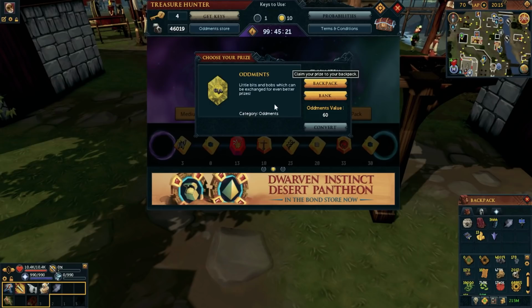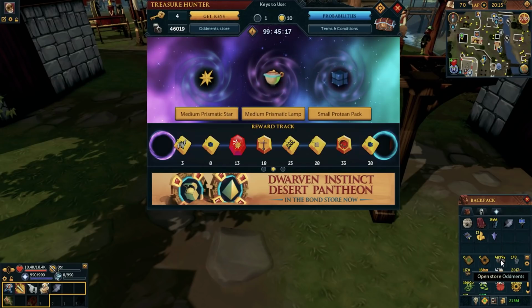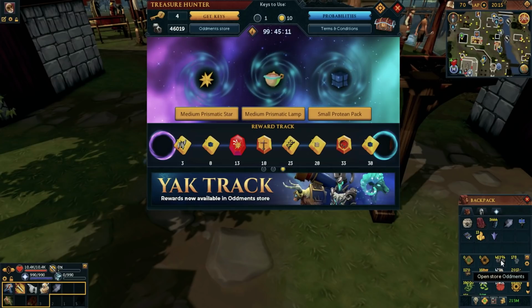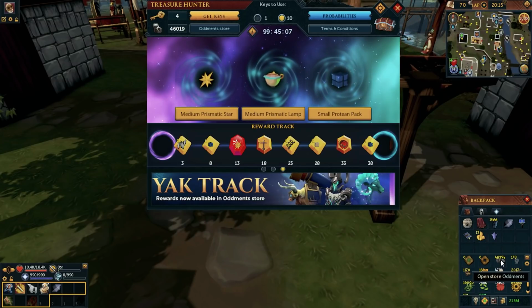So if I go ahead and click backpack for this, boom, there we go. As you can see down here in my oddment pouch, I've got a total of 46,400 oddments. To give you guys an idea of how many oddments you actually get now in comparison to how much you got before,